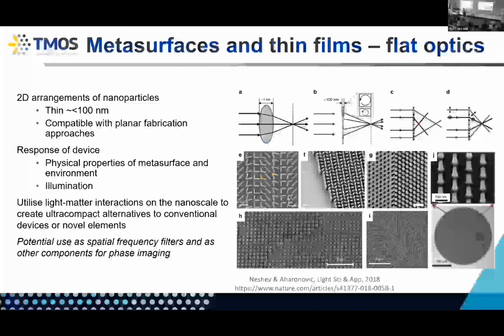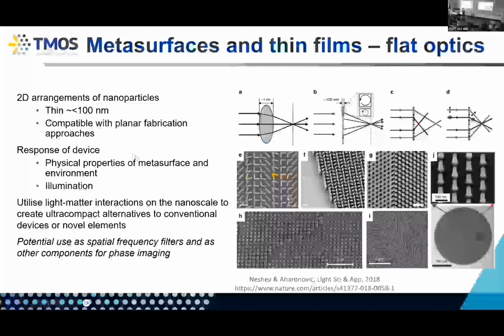I've said less than 100 nanometers, but they can be a few hundred nanometers or so thick. The design is often compatible with conventional semiconductor fabrication approaches. And over here, on the right, we've got some examples of a meta lens. So rather than having a lens like this, you've got a layer of nanostructures that can do what a lens actually does. There are also devices that can, for example, steer light, just utilizing the properties of the individual